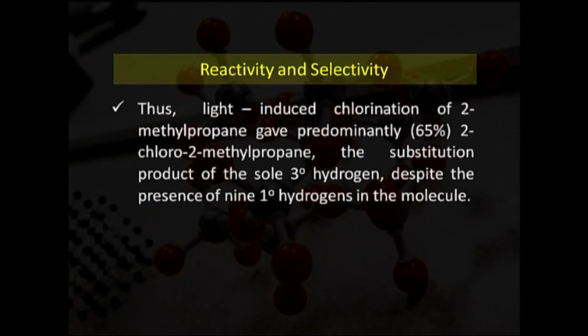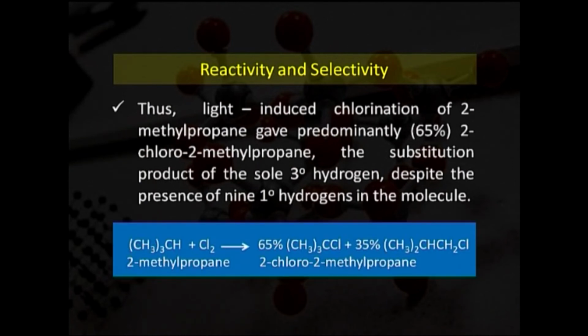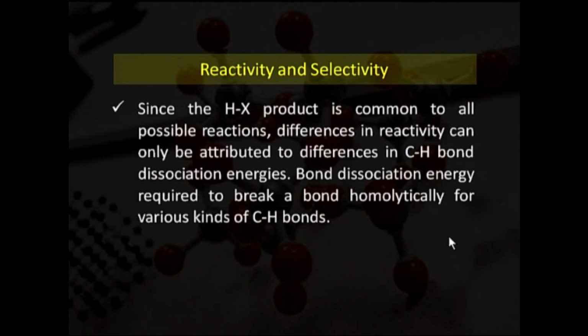Thus, light-induced chlorination of 2-methylpropane gave predominantly 65% 2-chloro-2-methylpropane, the substitution product of the sole tertiary hydrogen, despite the presence of 9 primary hydrogens in the molecule. Here we are seeing that when this 2-methylpropane reacts with the chlorine molecule, we get 65% of 2-chloro-2-methylpropane, and the rest of the product is only 35%. Since the hydrogen and halogen product is common to all possible reactions,